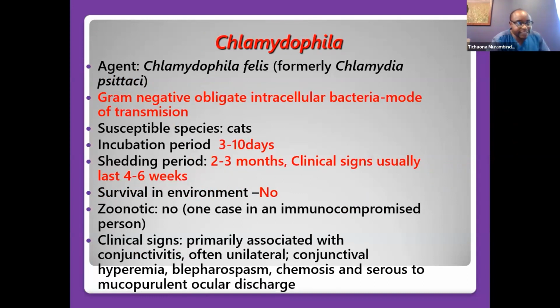So that's what I wanted to mention about calicivirus. It's so difficult to treat. So the way you are going to be managing it is using the antibiotics only to treat the secondary bacterial infections and using supportive care, because when a cat has oral ulcers and upper respiratory infections,